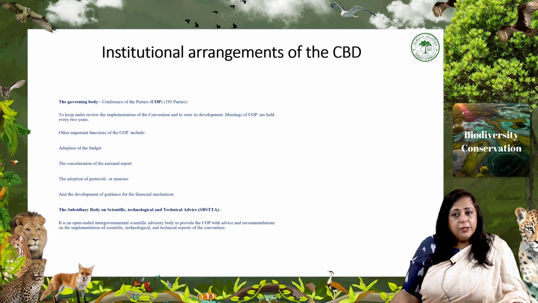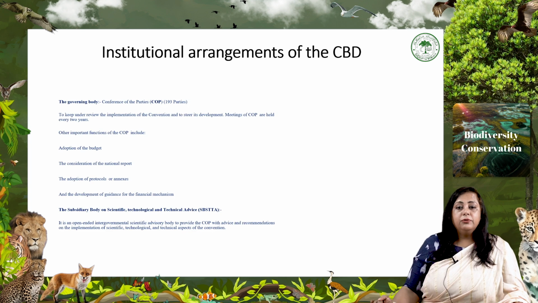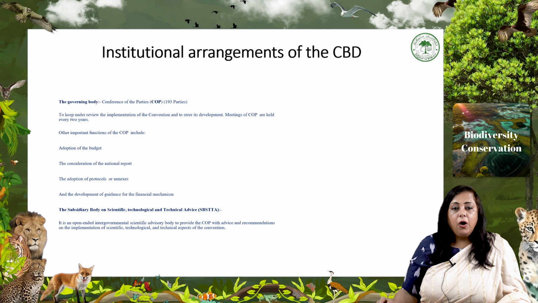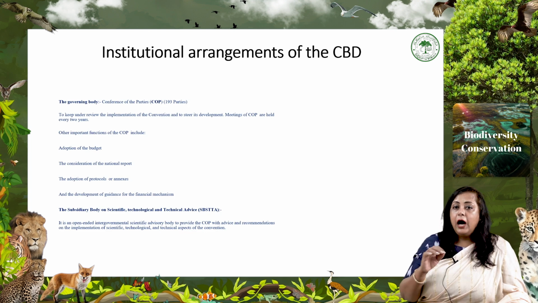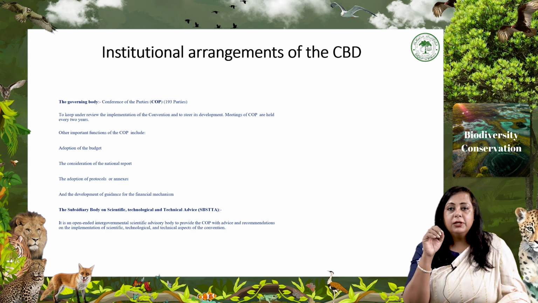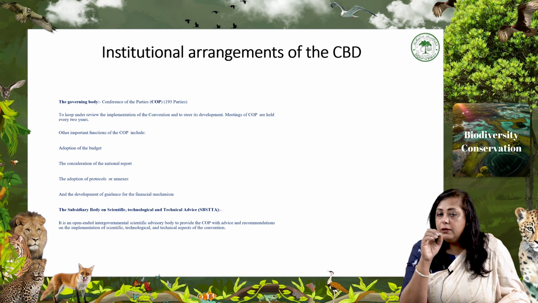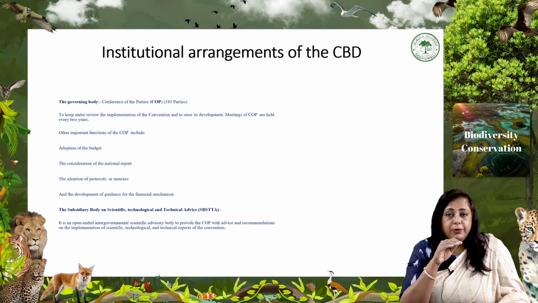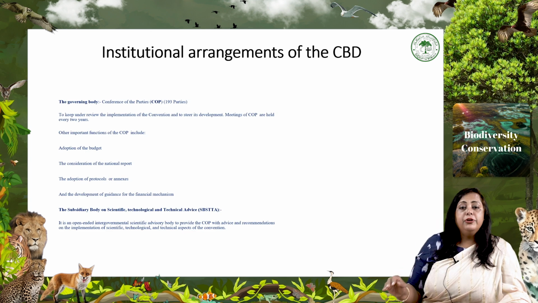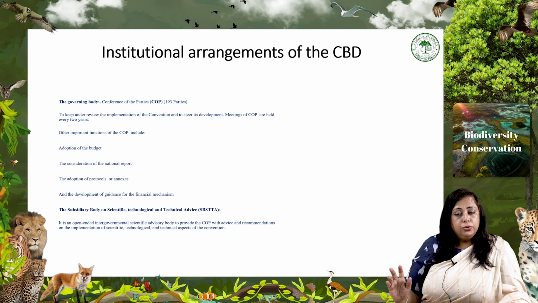So, institutional arrangement of the CBD: the governing body is the Conference of the Parties, COP. There are a total of 193 parties to keep under review the implementation of the convention and to steer its development. Meetings of the COP are held every 2 years. After the convention, every convention has a conference of the parties at a certain time interval. And in this case, the COP takes place every 2 years to update the text and resolve the